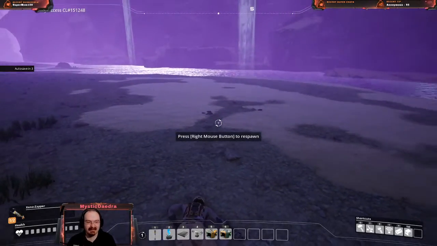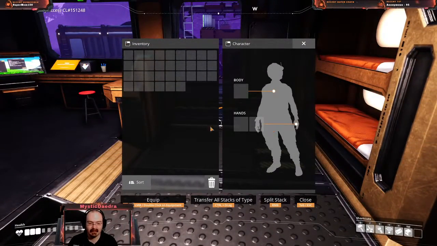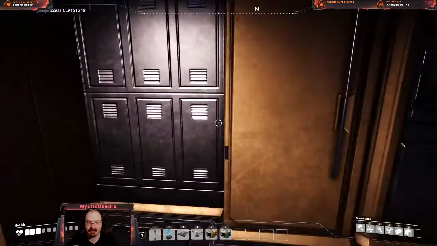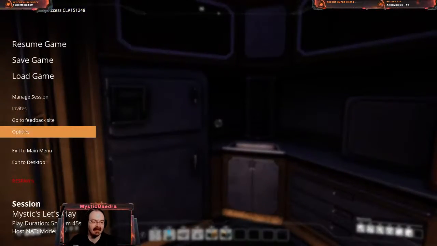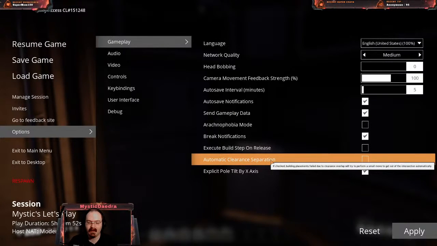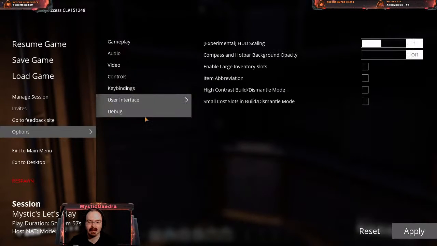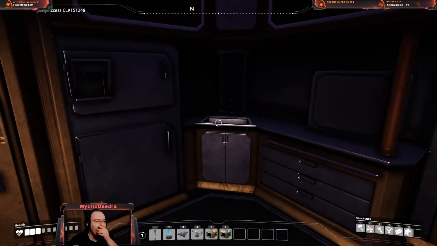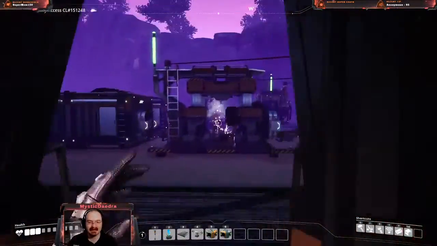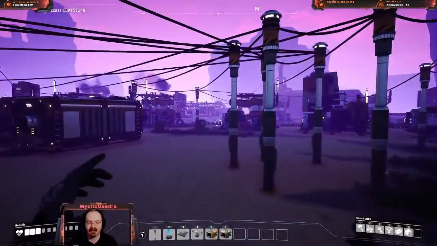Press right mouse button to respawn. So... What, really? I don't get any of my stuff? Is that an option I can set? Not really, huh? Okay, well, today I learned. I thought for sure there was a way to change that, but... so what we need to do is...